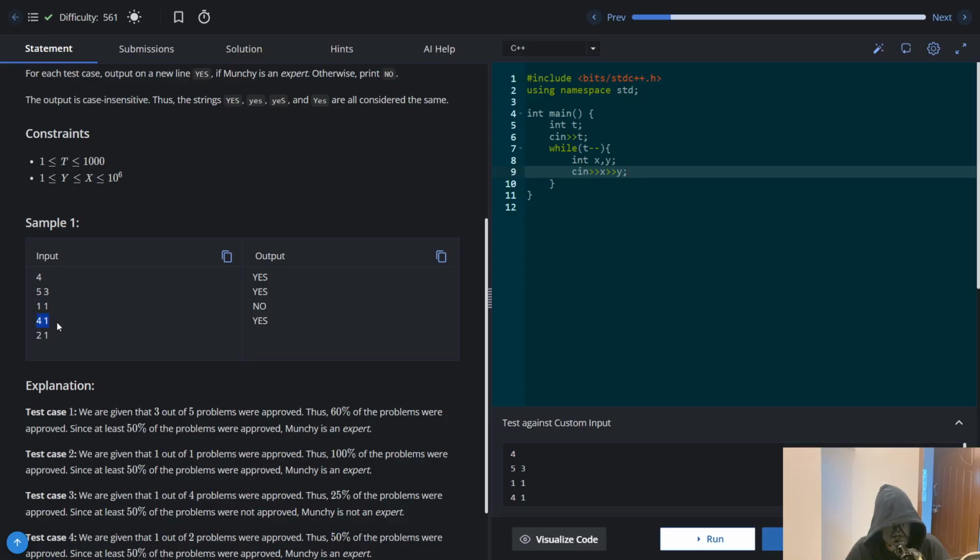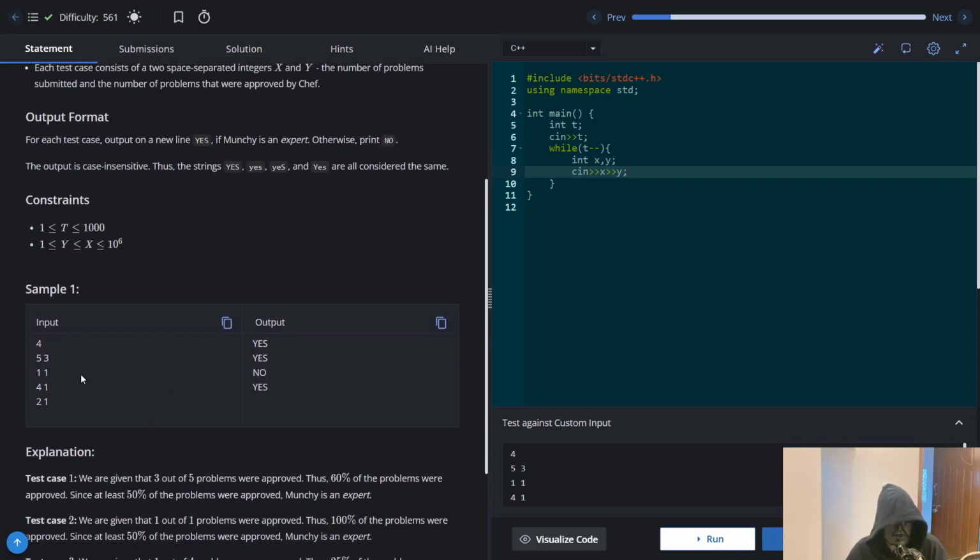In the third case, Munshi has submitted 4 problems, and 4 by 2 is basically 2, so the number of approved problems has to be greater than or equal to 2, but it is less than 2, so in this case we need to return no. In the fourth case, Munshi has submitted 2 problems, out of which 1 got accepted. 2 by 2 is 1, so a minimum of 1 problem has to be accepted. That is the case, so we will have to return yes. One more thing you'll have to consider here is that since this is an odd number,